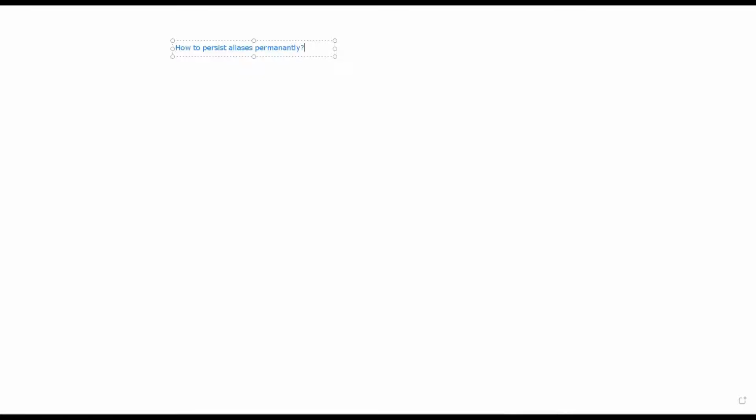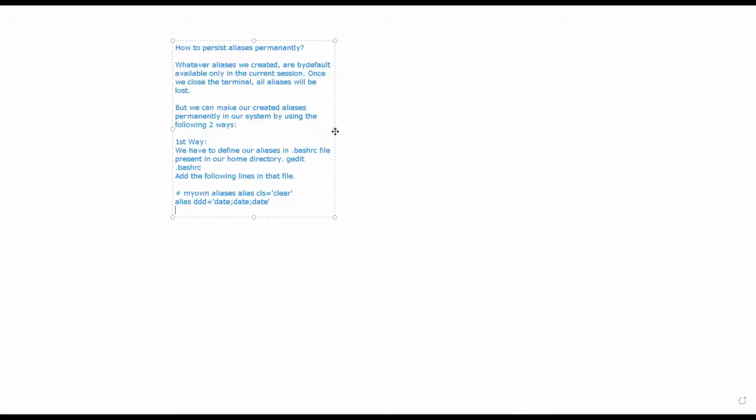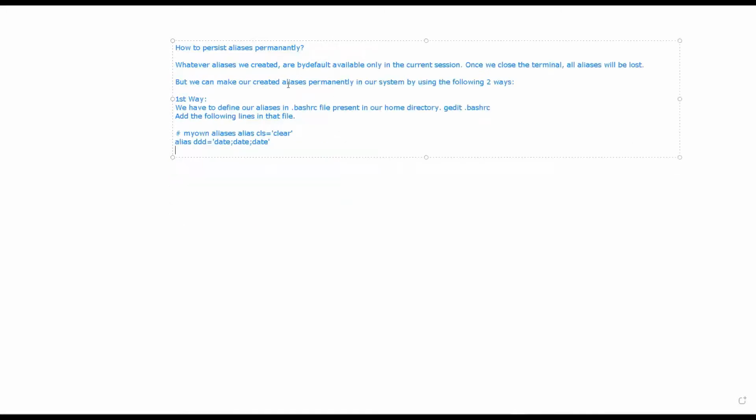How many ways can I create the aliases? Basically there are two ways. This is the first way.